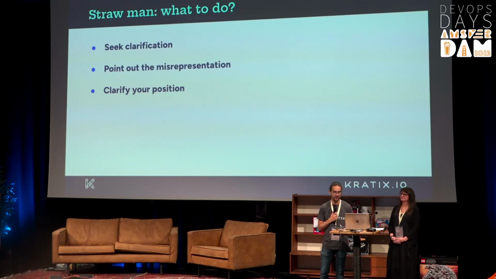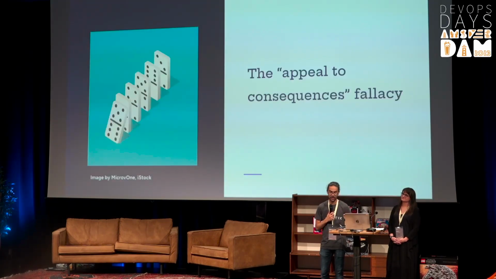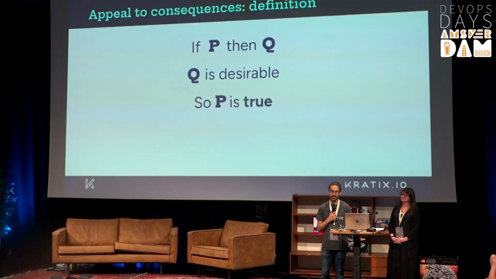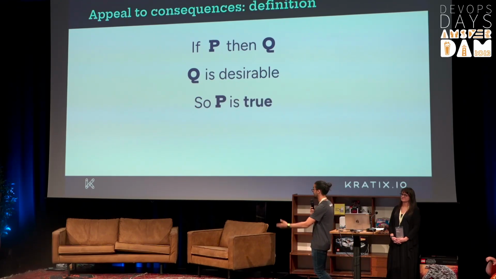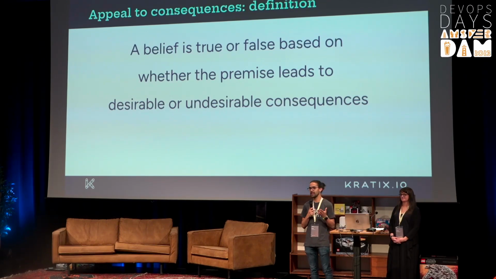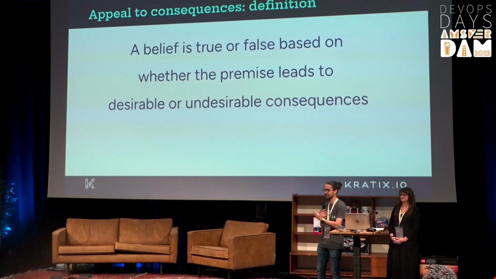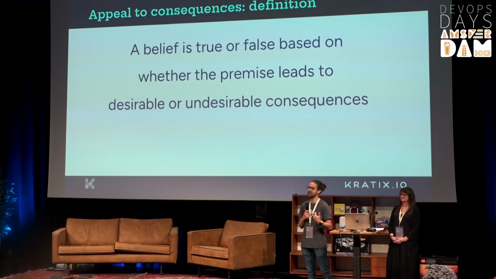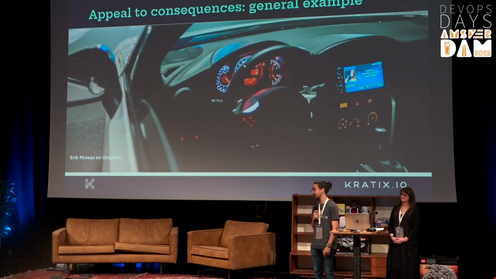The next fallacy we're going to talk about is the appeal to consequences fallacy. And that's a pretty good one, and it also happens a lot, which is, well, if P, then Q. Q is something I want, so P is true. What that is saying is, a belief is true or false based purely on my desire for the consequences if P is true. So I want to live in a world where Q is true, therefore P, the premise, is also true. This came along in a conversation that I had with a colleague